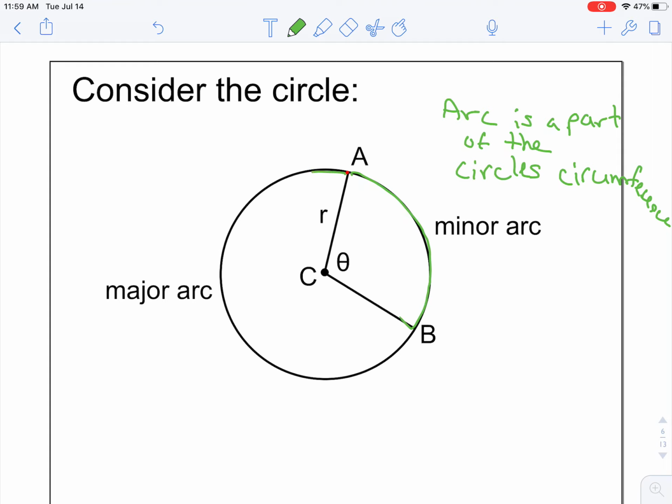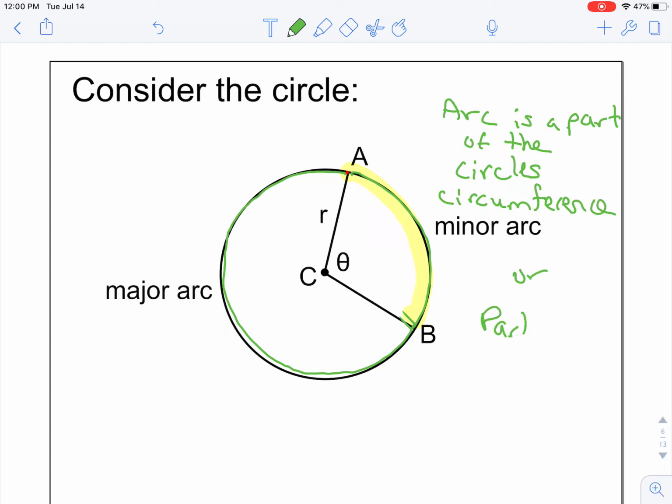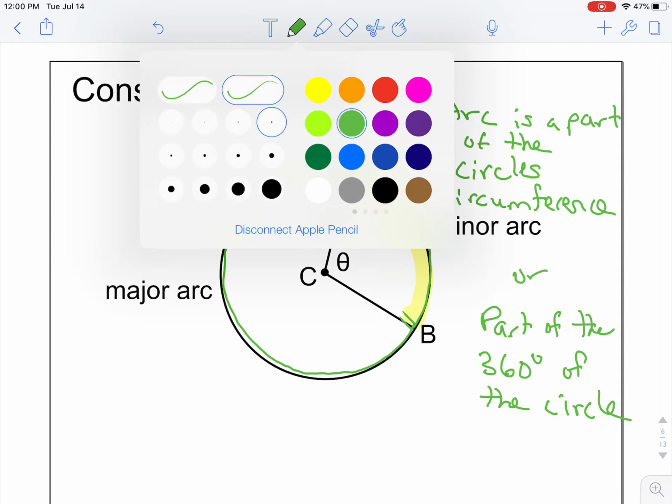Okay, so when we did it before, we also looked at this arc as being part of the number of degrees in a whole circle. So there's two ways to look at this arc. We did say it's part of the circle's circumference, and that's how we're going to deal with it today. Or it's part of the 360 degrees